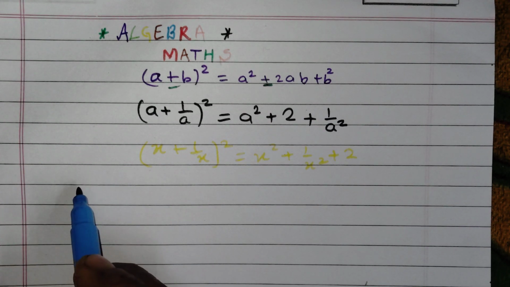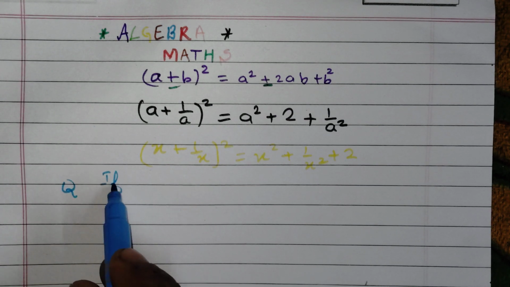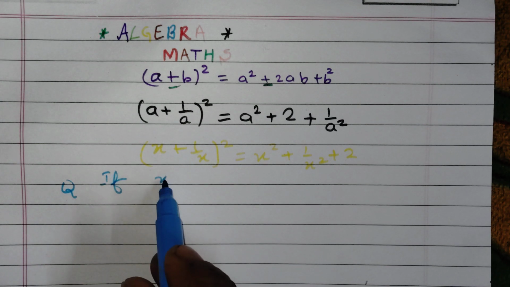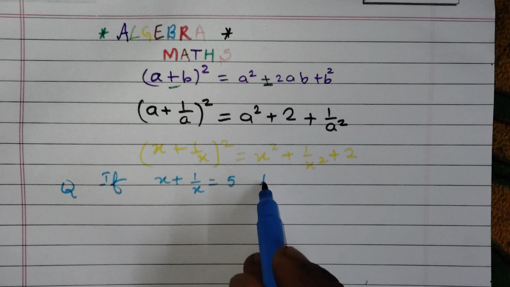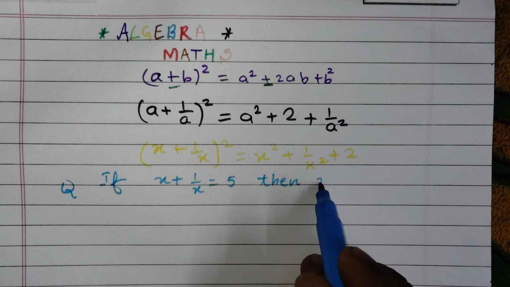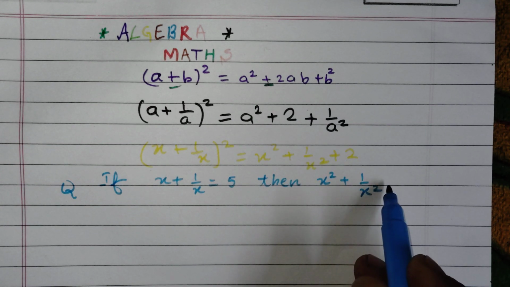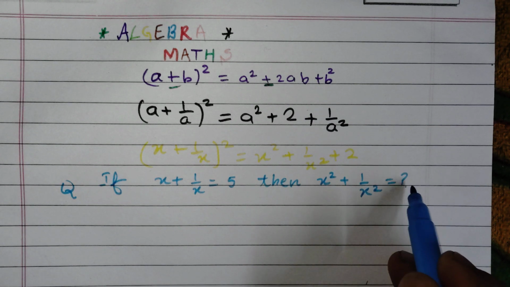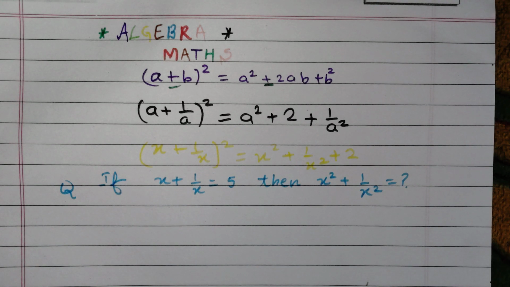Now let us start the question. The question is: if x plus 1 upon x is equal to 5, then find the value of x square plus 1 upon x square. This is the question. So according to the above identity, we know that